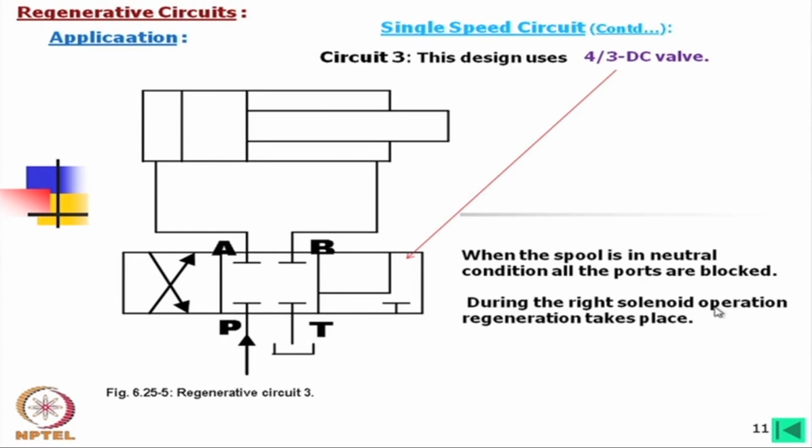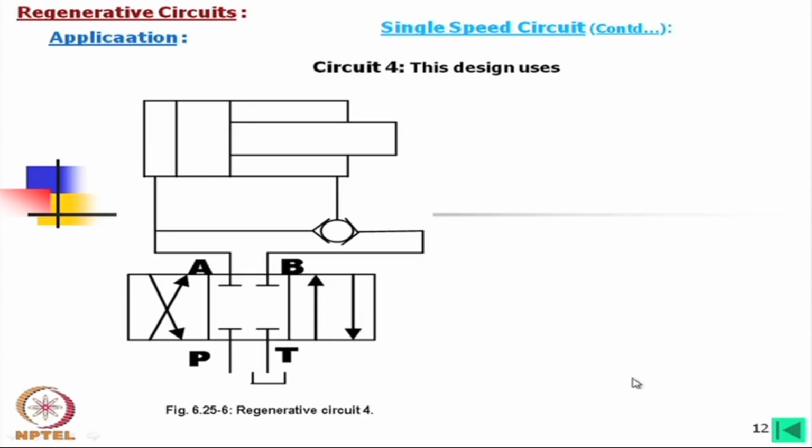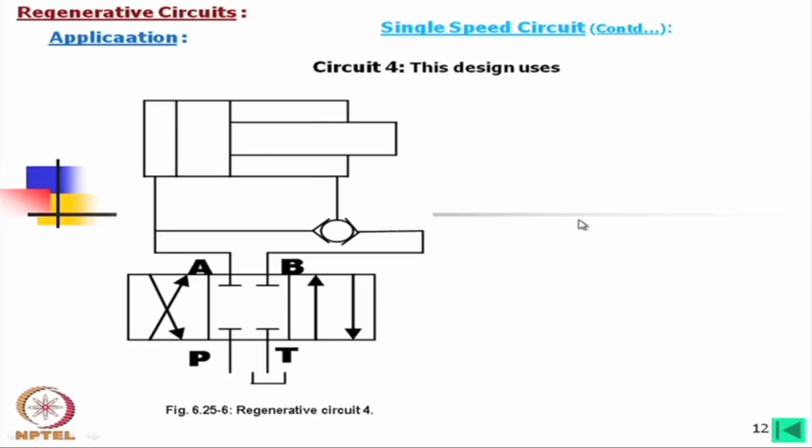During the right solenoid operation, regeneration takes place. That means, in the valve itself, the regenerative circuit is made. It allows this oil to mix with this one, but in the other positions, which I have not shown, that will give the normal return. Now, if we come to circuit 4,